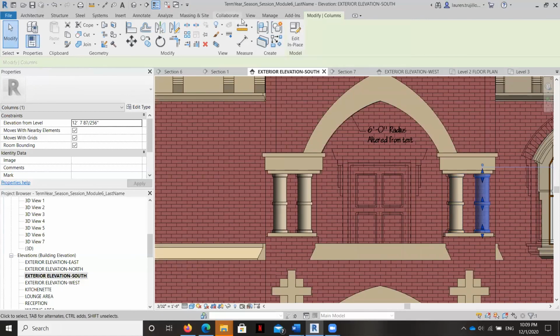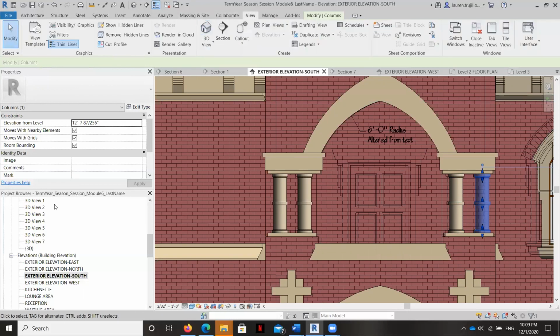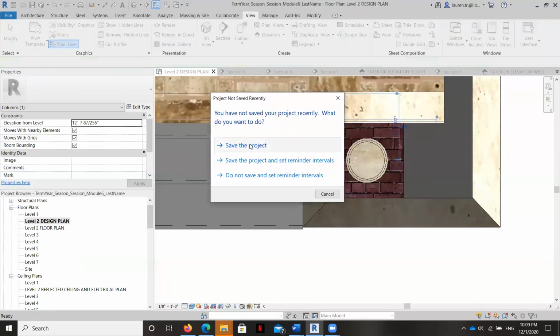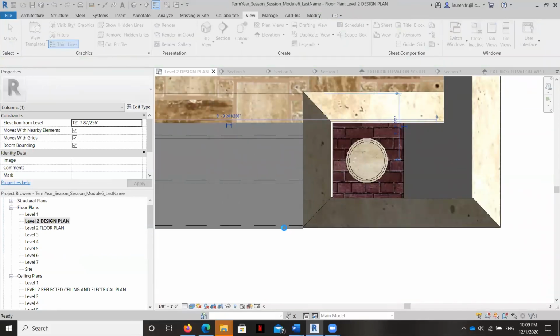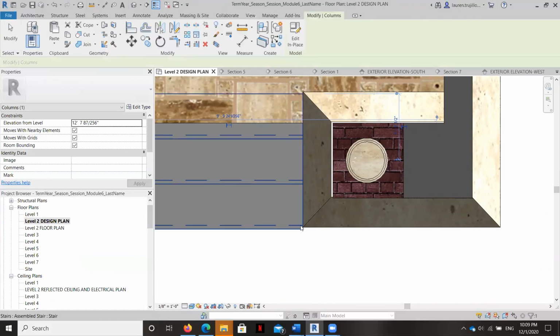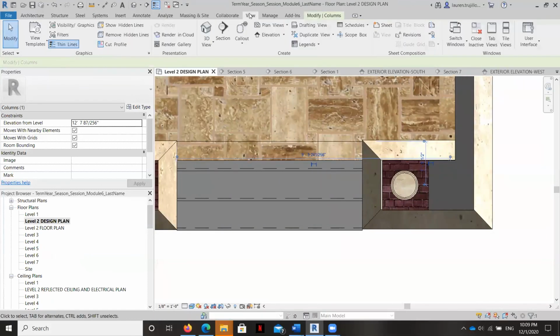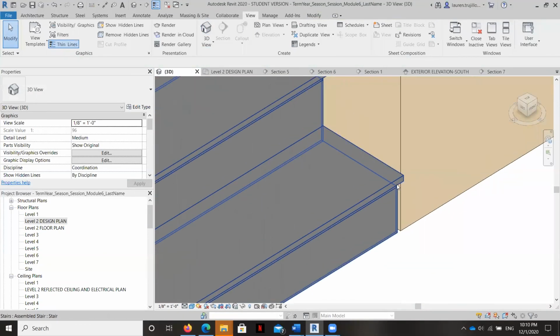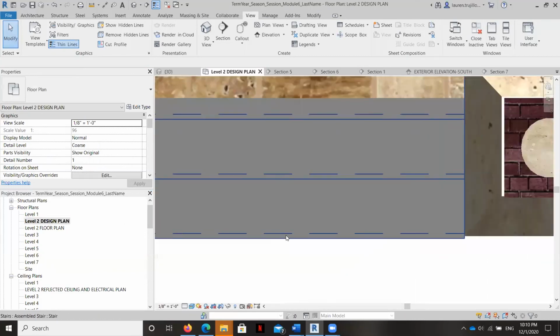The next thing we're going to do is move down to the plan view. And I'm going to move the nosing of the stair in just a little bit. And you can see here, this is called the nosing or the tread of the stair. And you can see it's coming off just a little bit. And I want to move it in because I don't want that corner in the real world. I don't want it to get chipped off or knocked off or anything like that. So I'm going to go ahead and just move this in just a little bit.